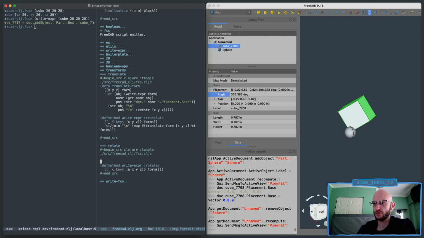So I want to do, well, let's just see what I can come up with here. So we'll do rotate form this way, and I'm going to pass in A, X, Y, Z like this, and then the form itself. And here I basically do the same sort of thing. Yeah, so let's